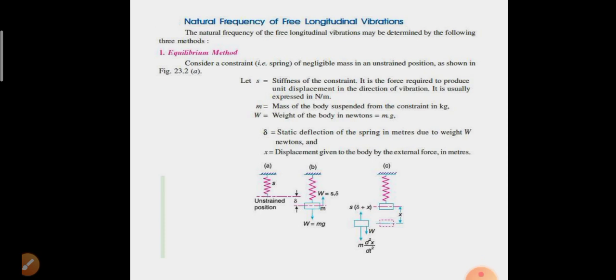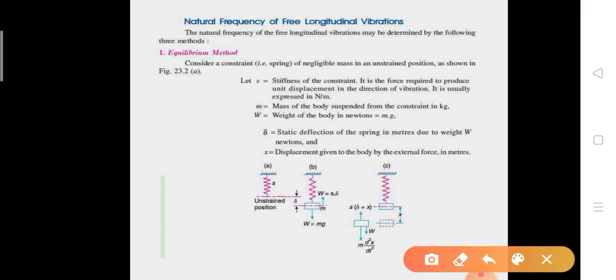Today we are going to see the different methods, different techniques to find out the natural frequency of free longitudinal vibration. So first of all, we will see what is meant by natural frequency. We have already discussed the frequency of the system when no external force or no damping is provided to that